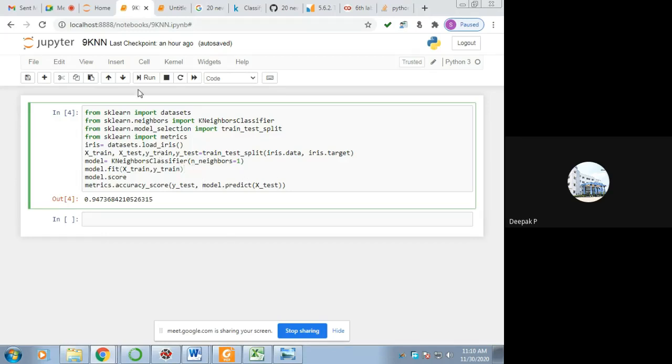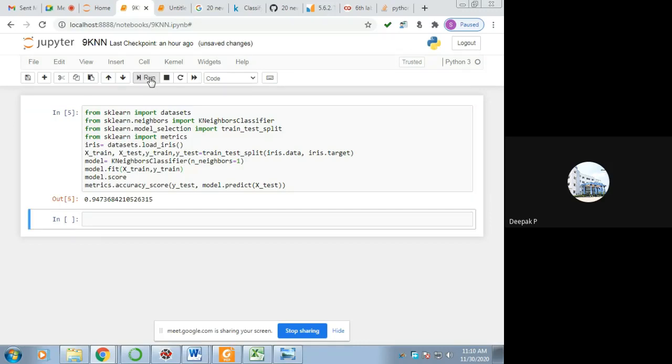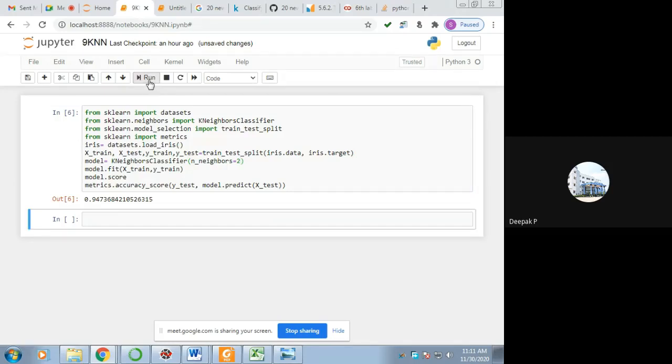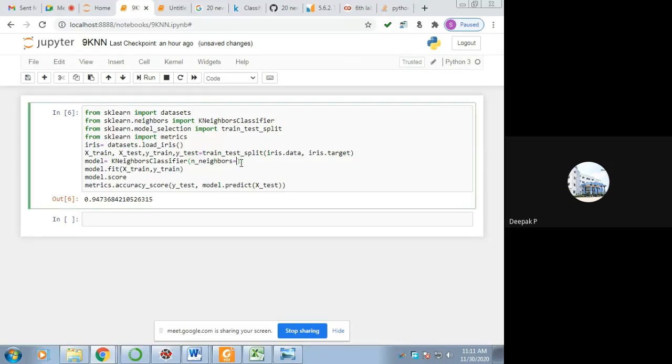Okay, so let us run there. So when I run this, we are getting the output as 94% when the value of neighbor function is 1, equal to 1. Suppose if I change it to 2, so we are considering 2 instances at a time. So when I run this, we are getting slight variation, that is 0.9473. Okay, suppose if I take the value of k as 3,